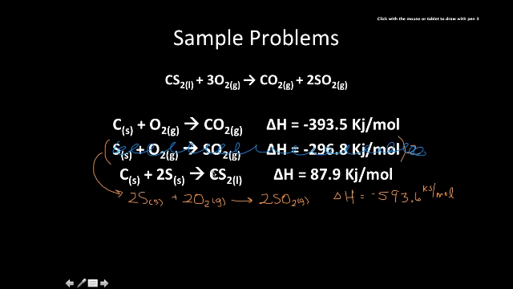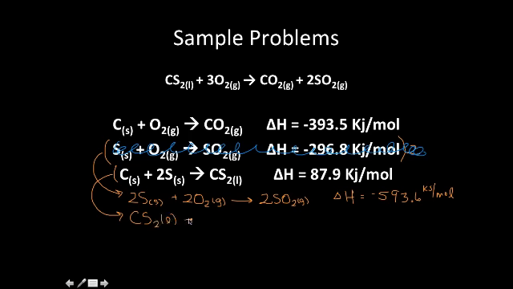One thing I'm really looking at is I have a carbon disulfide molecule here, and that's kind of neat because I have a carbon disulfide molecule here. The only problem is this one is on the reactant side and this one's on the product side, and I need somehow to get this carbon disulfide molecule on the reactant side. Actually, what you can do is flip this equation. So if I flip this equation, now my CS2